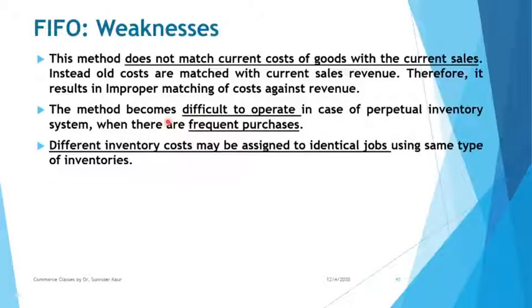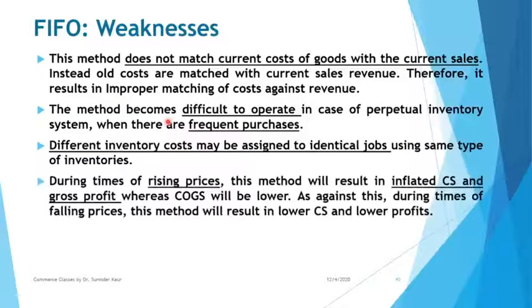Have you ever seen this thing when you go to a shop to buy something and you say that last time I bought this and the price was different? This time you are charging more, and the person will say prices बढ़ गए हैं sir, isn't it? Now, why does this happen? It is because of the system. Suppose you purchased the first raw material lot at 10 rupees. You purchased the next lot at 11 rupees and maybe the next lot at 12 rupees. Now, the stock which is produced from the first lot will have a lesser price as compared to the stock produced from the third lot. So even if you are asking for the same quantity, the price is going to be different.